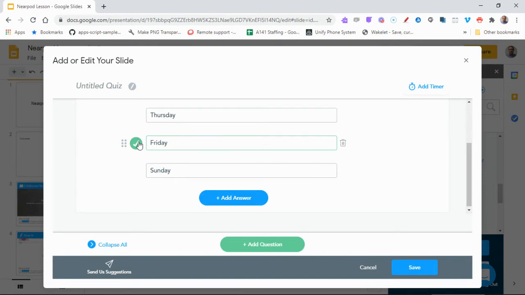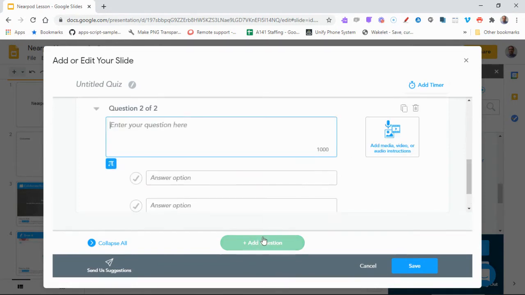To mark the right answer, you just press that. It'll only let you do one right answer with this. If we want an additional question, we press add question, and then we can put in